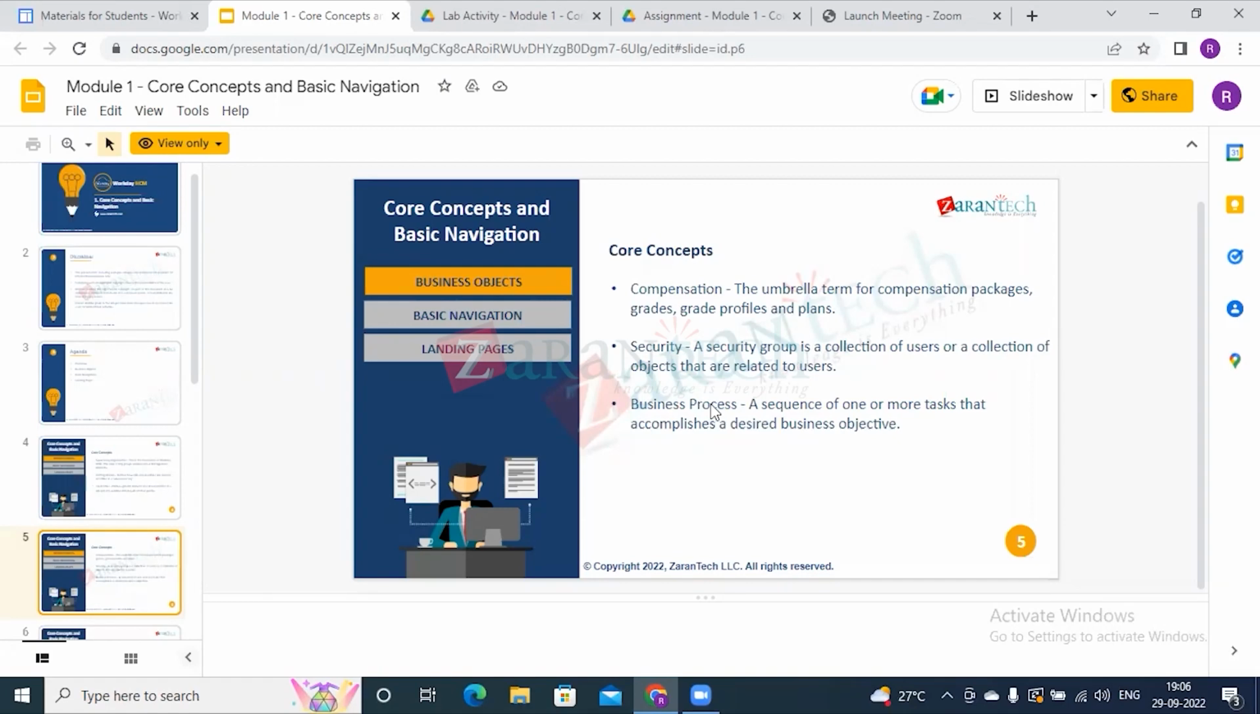Okay, because the business process that we define in the system, by that only it is going to work. As you can see the definition here, a sequence of one or more tasks that accomplishes a desired business objective. The meaning of this is, we have so many business processes already inbuilt in Workday. We just create various different tasks in it, or in different steps, based on our requirement. For example,